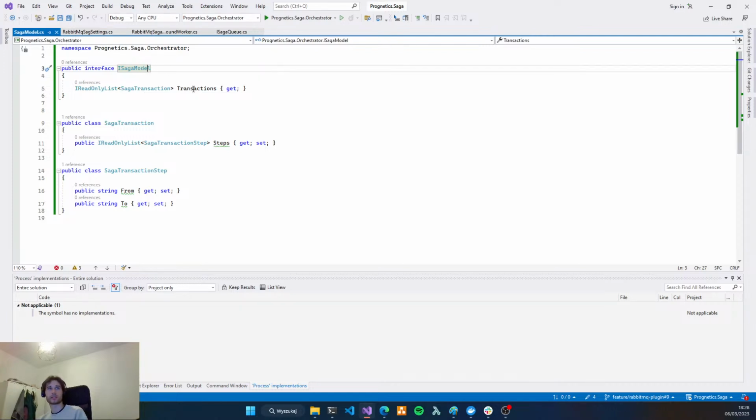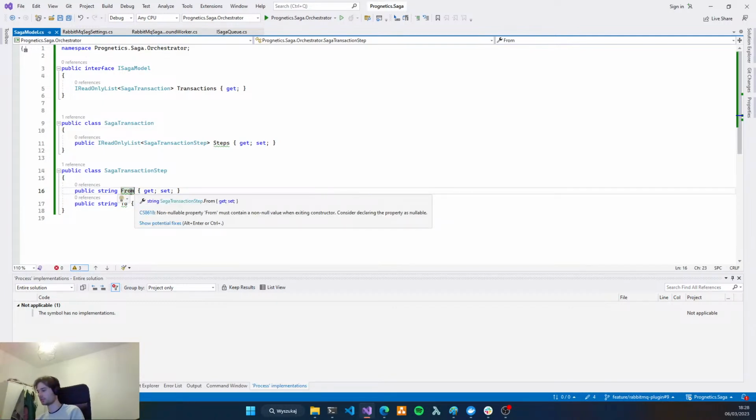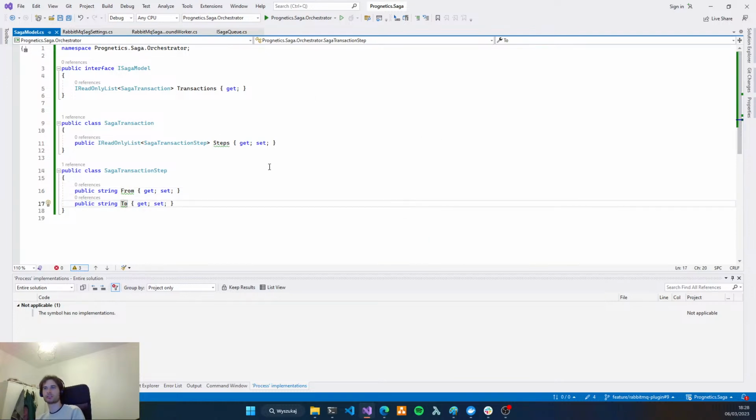So this SAGA model has multiple transactions that have multiple steps, and each step has a message from and message to, because in a normal situation we always want to receive a message, react on it and send another message. But in some exceptions, for example when a transaction expires, we want to send a message first.